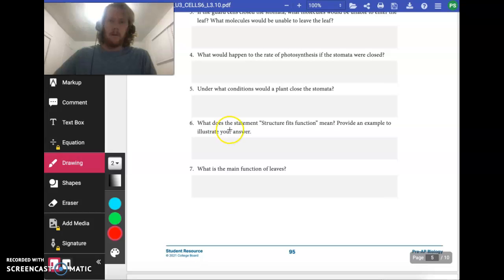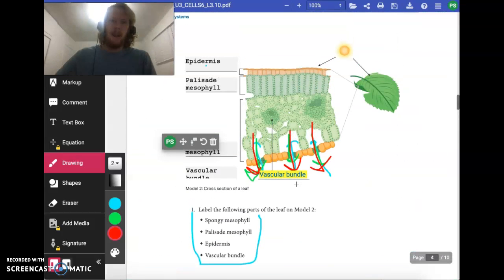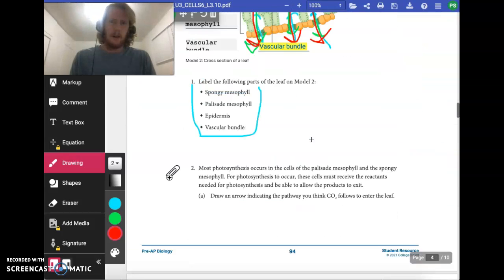What does the statement structure fits the function mean? Provide an example to illustrate, and it talks about what's the function of leaves. I can go through all these at the same time. So, all right, so the